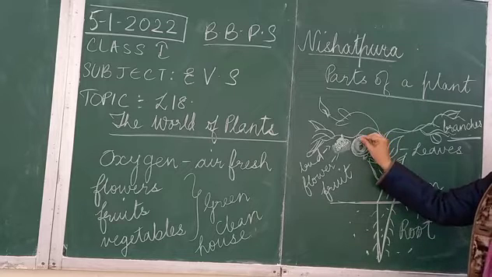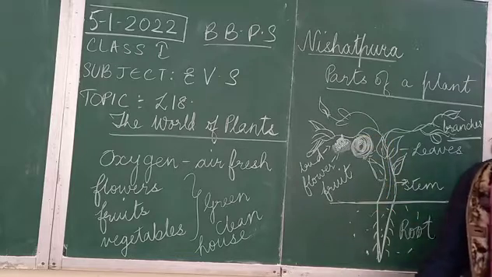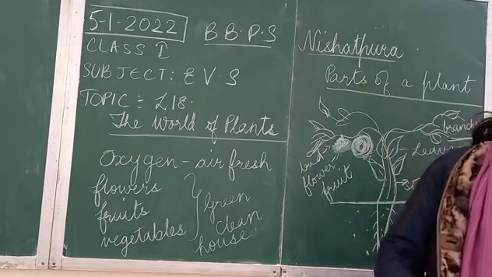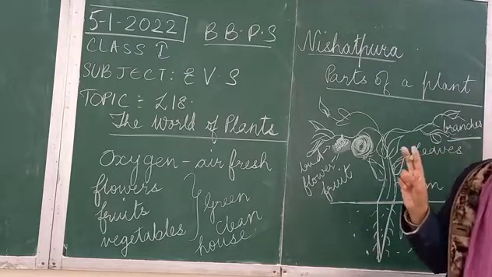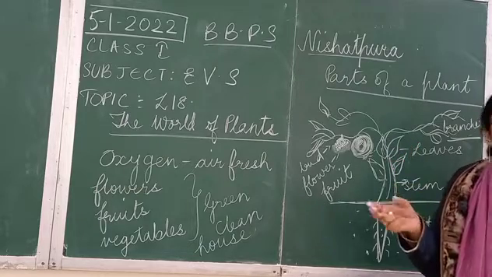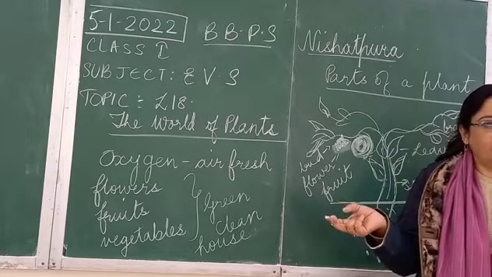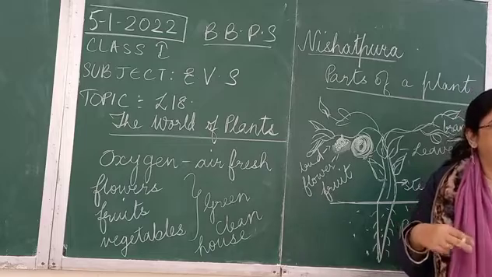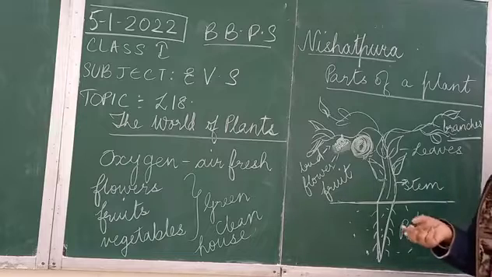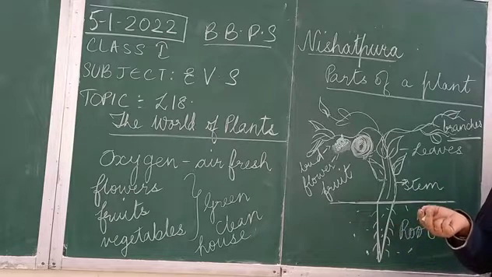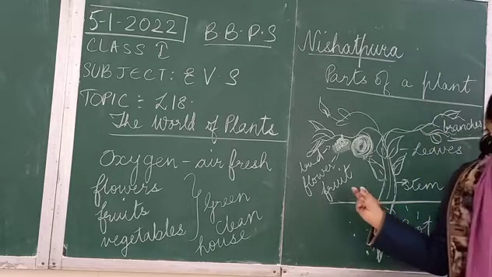So the guava is small, then it grows bigger and bigger. When it is raw, it is dark in color. When it grows bigger, it becomes light green. And when it is more ripe, it becomes yellow. Before it gets yellow, we should take that fruit and eat it. Dark yellow is not good. It starts rotting. So these are the parts of a plant. We read this in the lesson yesterday.